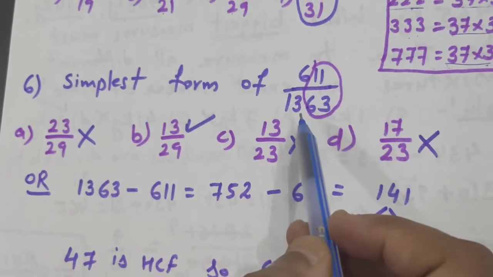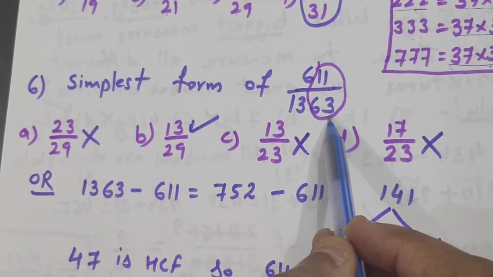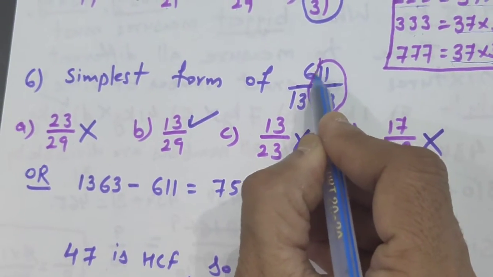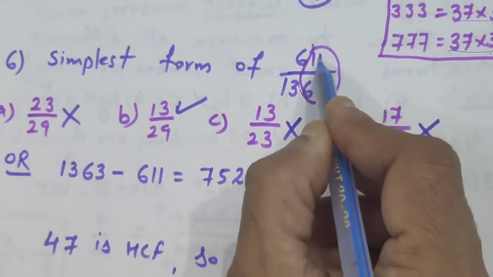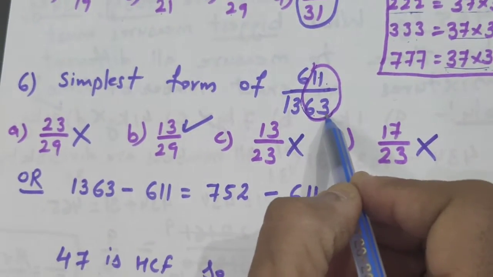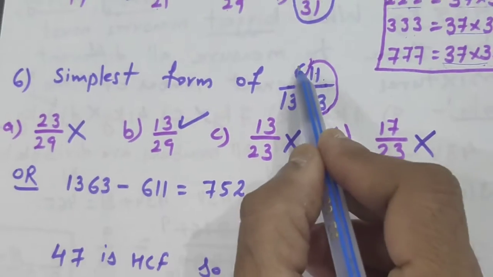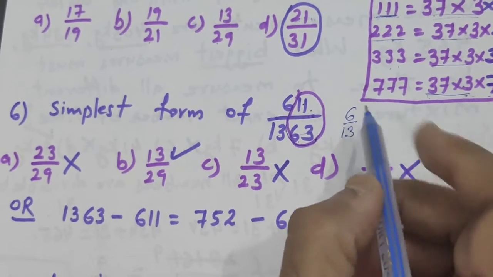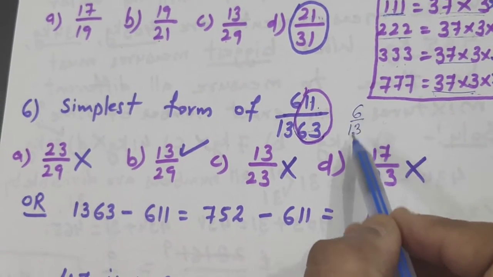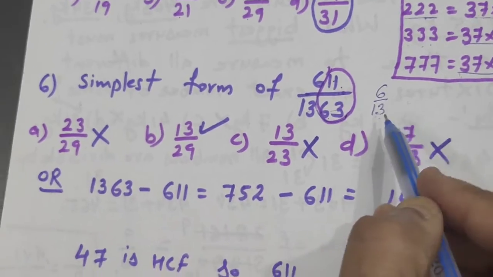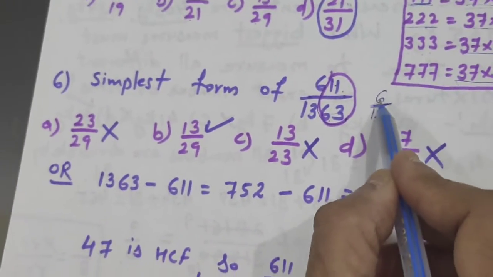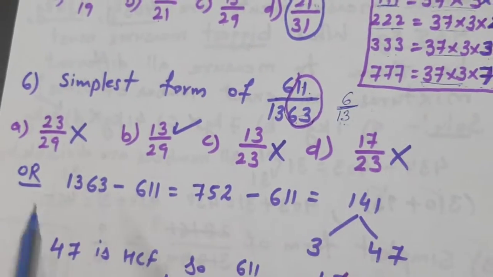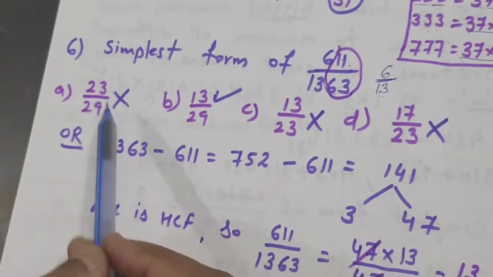Okay. So whenever you come across a bigger number, don't go for finding the HCF. What you will do is discard the last two digits. 11 and 63, leave them aside. What are we left with? 6 upon 13. If you check this 6 upon 13, what is it? 13 is almost double, a small fraction more than double. 6 into 2 is 12. It is more than 12, a little bit more. So I'll check for the numbers which are double the others.